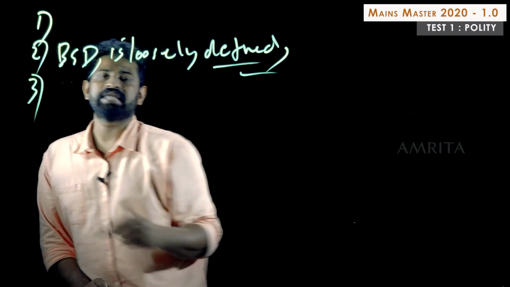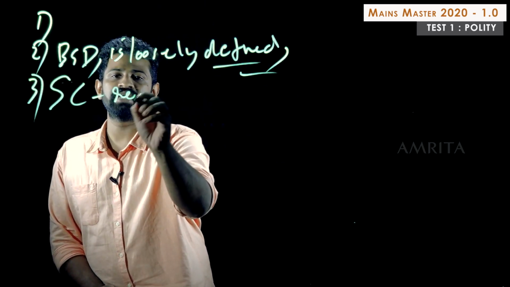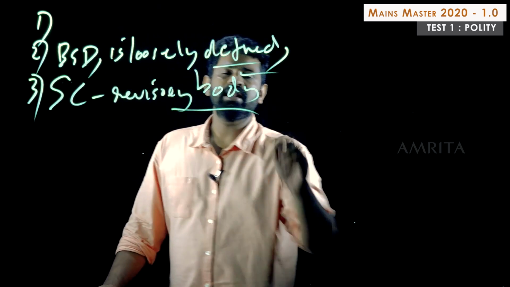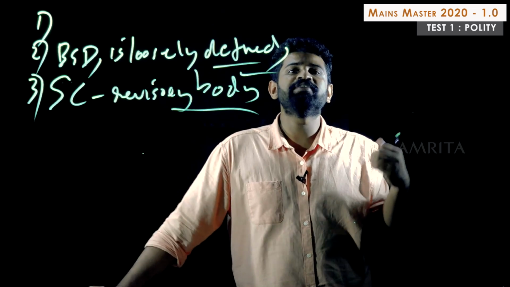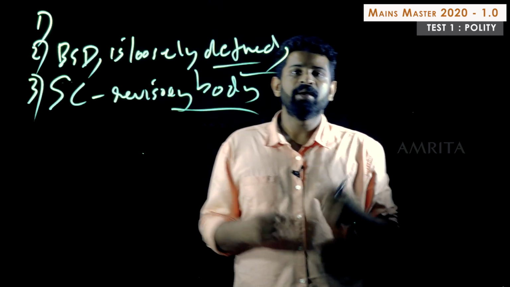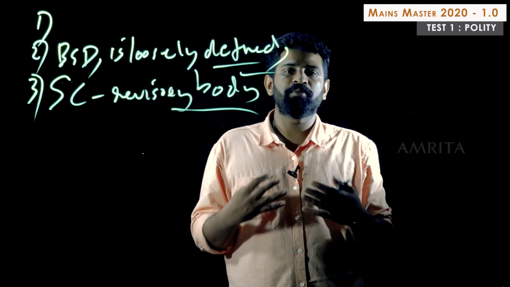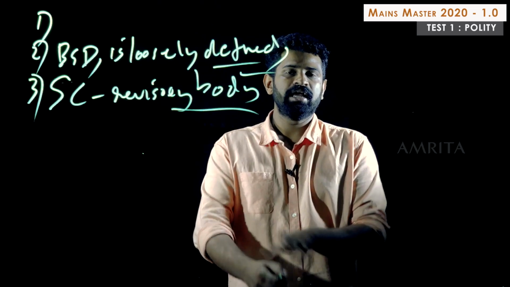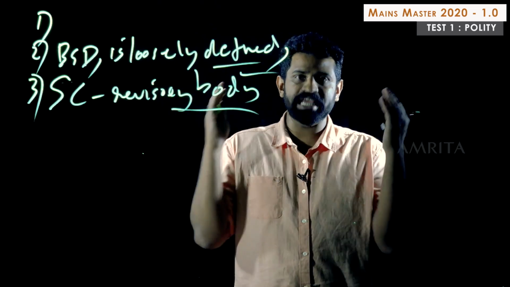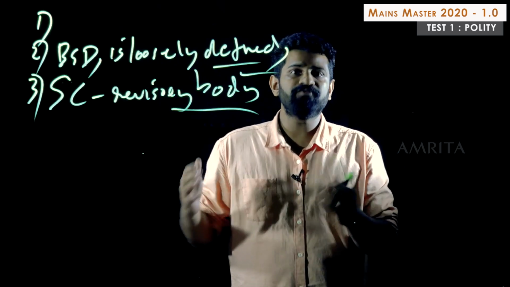The third thing is that the Supreme Court is a revisory body, right? So the Supreme Court can revisit its own judgments. It can revisit its own errors by appointing a higher bench. That's all that is required for the Supreme Court to revisit its earlier judgments. So since a mechanism of revision is very much inbuilt into the institutional structure of the Supreme Court,